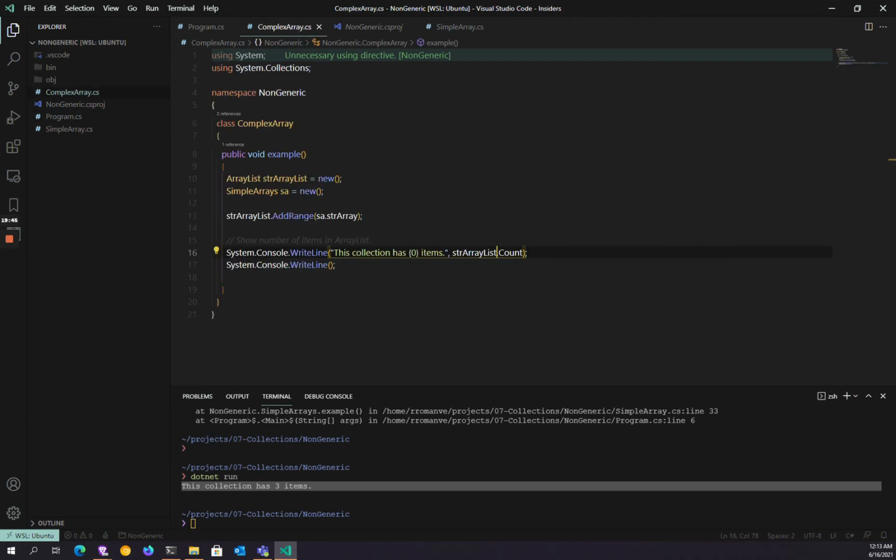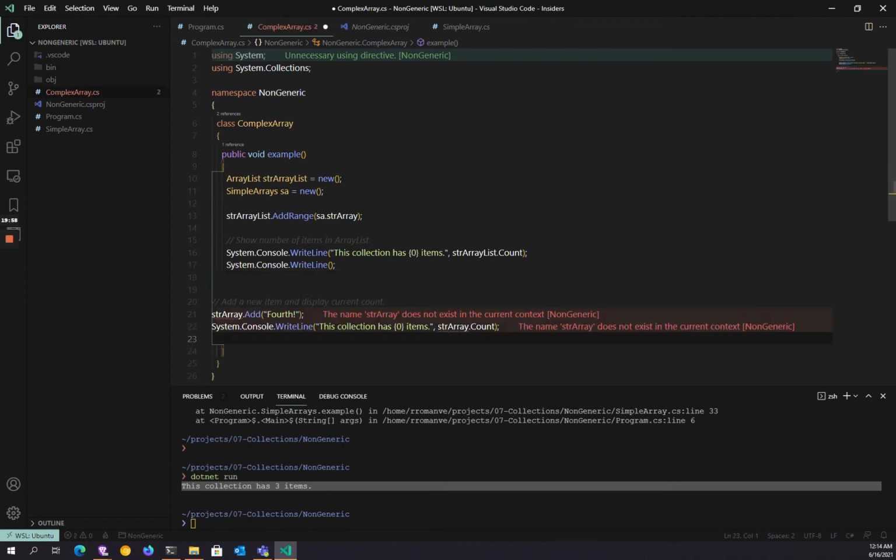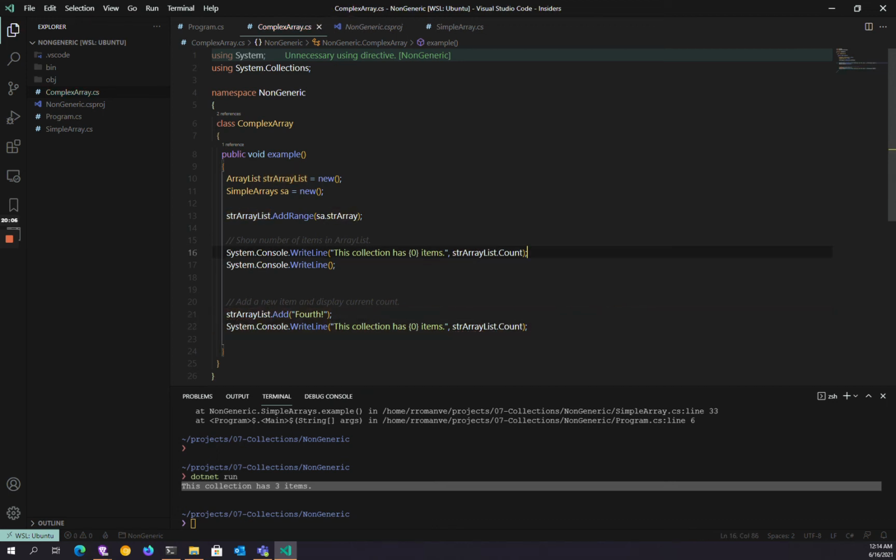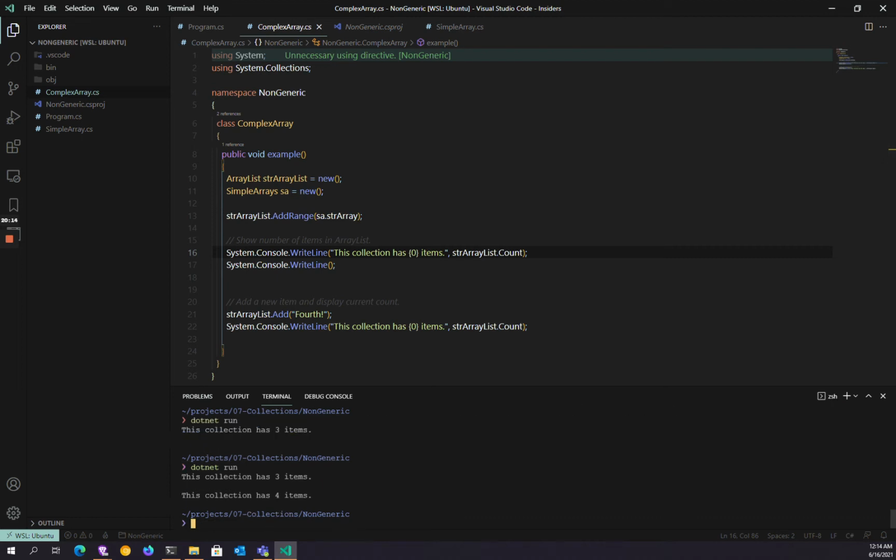For that, let me do my complex array ca equal new. And on my complex array example, let's execute it, and let's comment this out. Oops. There you go. So let's just execute the other one, and we'll see that the count is still 3 items,